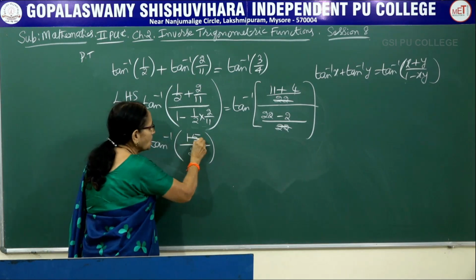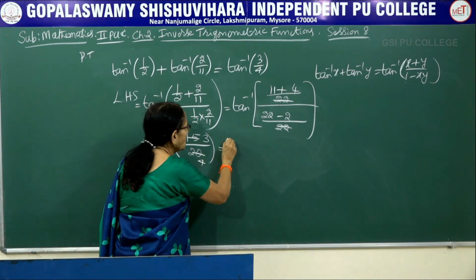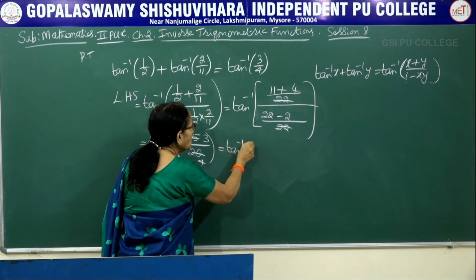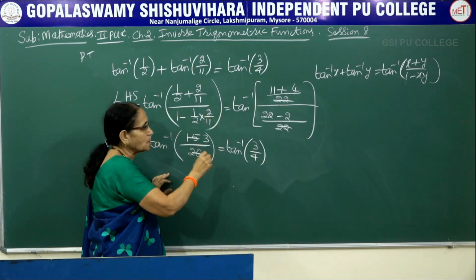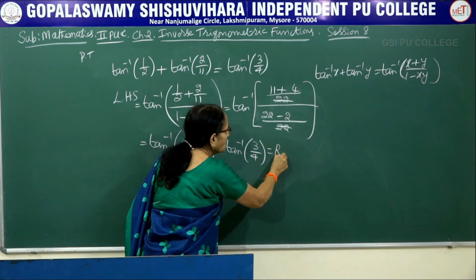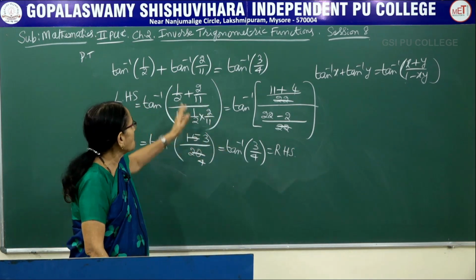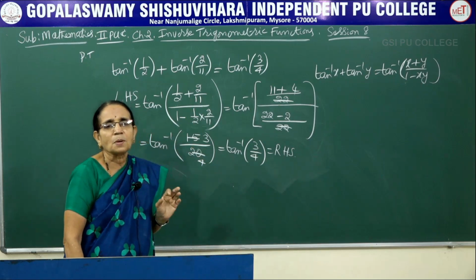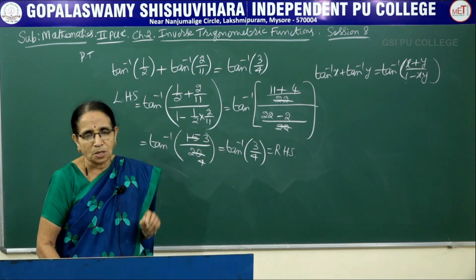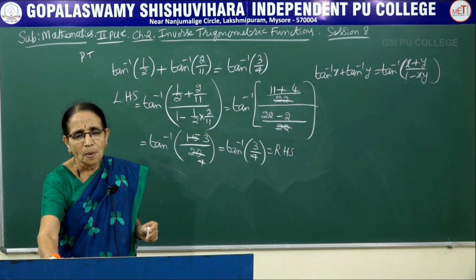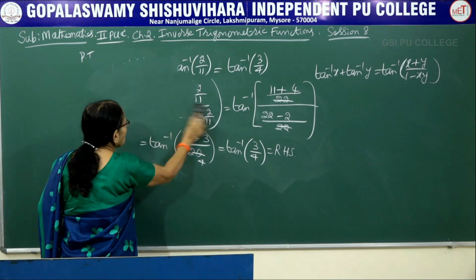You observe that you can do cancellation. 5 3s are 15, 5 4s are 20. Hence we have tan inverse of 3 by 4. You observe that is what we wanted on the right hand side. Hence you can write it as the right hand side. Here also, when only two terms are there, when you are applying the result only once, it is usually a 2-mark question. Now another problem almost of the same type.